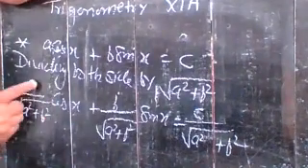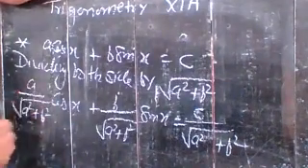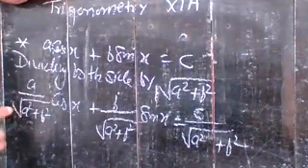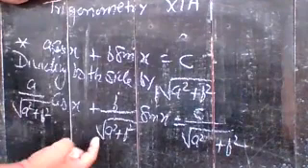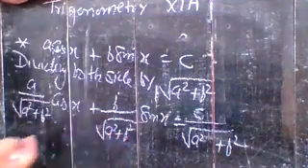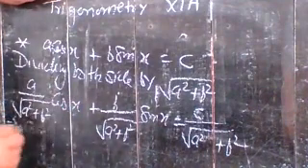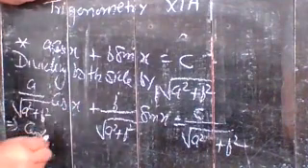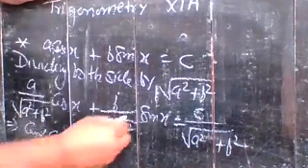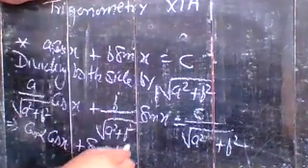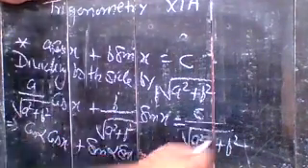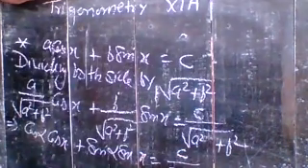No doubt that complete part can be expressed as cos alpha. Suppose alpha is the angle of this cos. So no doubt b upon under root a square plus b square is the value of sin alpha. So write it: that is equal to cos alpha cos x plus sin alpha sin x, and that is equal to a constant number, c upon under root a square plus b square. You can write it in this way.